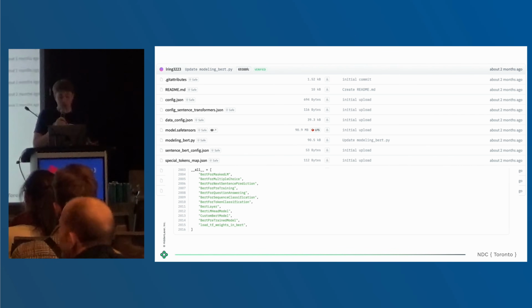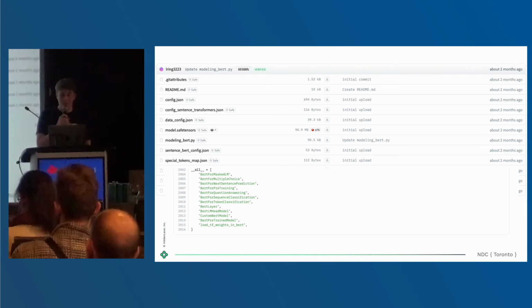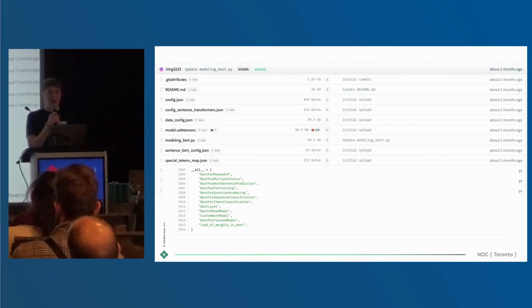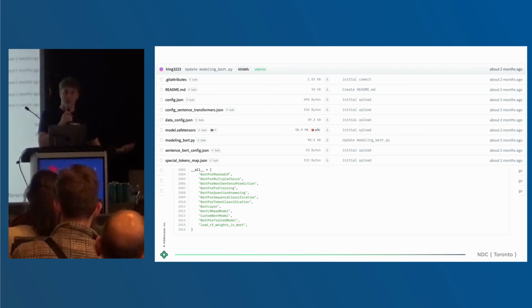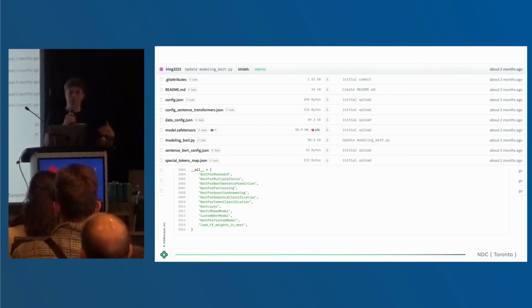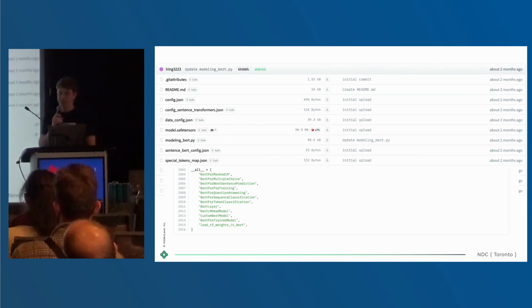But so one of the great things is anytime you see a modeling underscore something .py file on Hugging Face, it means that somebody probably, instead of writing an entire file from scratch for the model architecture, took a model from transformers and made small changes to it, which makes sense with how we develop. We don't come up with an entirely new architecture. We slowly and incrementally improve existing ones.